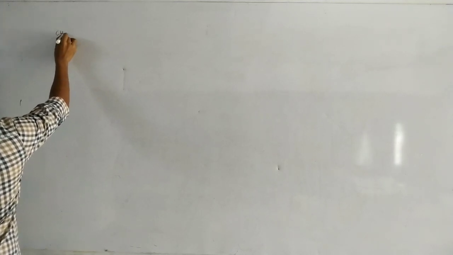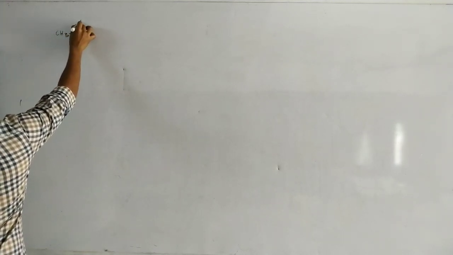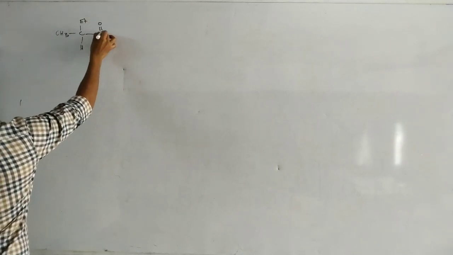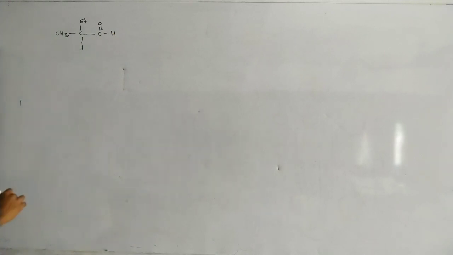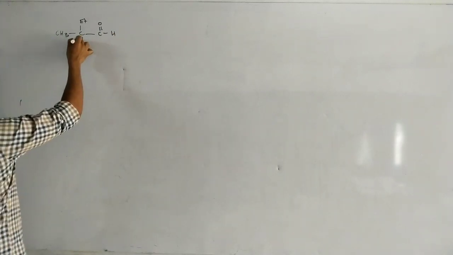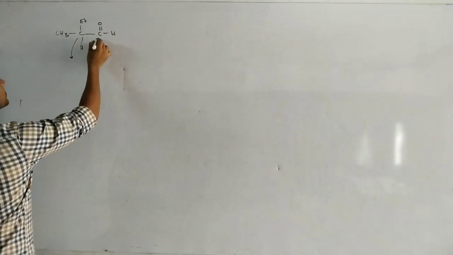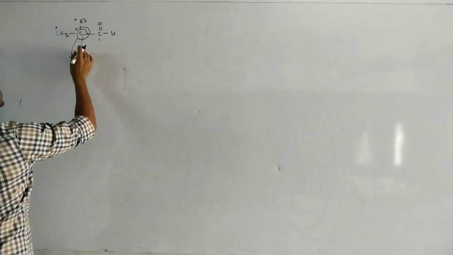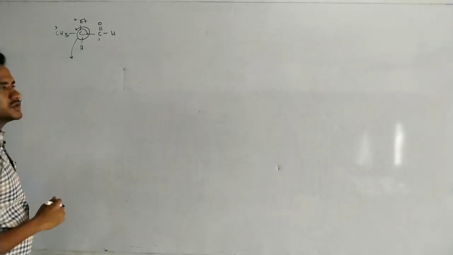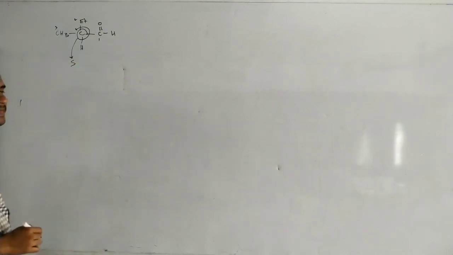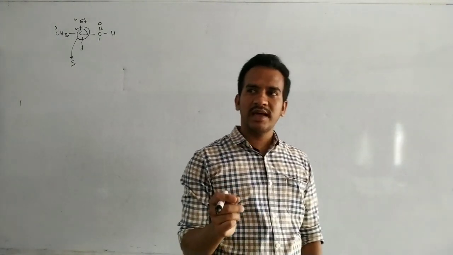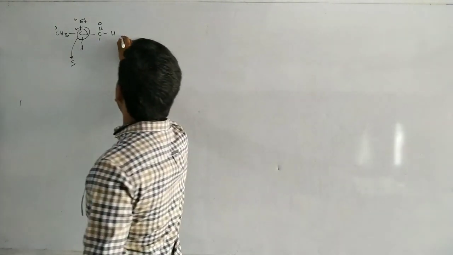Suppose CH3, here ethyl, and this hydrogen, C double bond O H. So what is the configuration of this chiral carbon? First priority, second priority, third priority: 1, 2, 3, and the least priority group on the vertical line. So its configuration is S. It's a single isomer. The single isomer is placed in aqueous alkali.